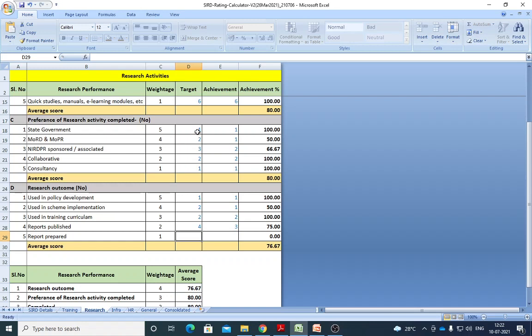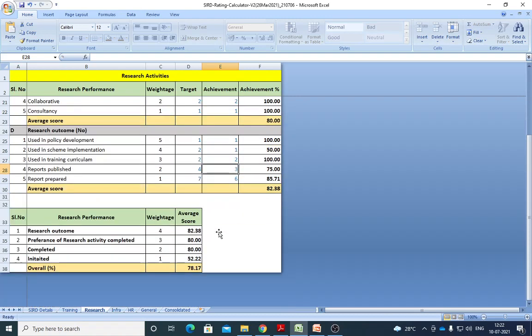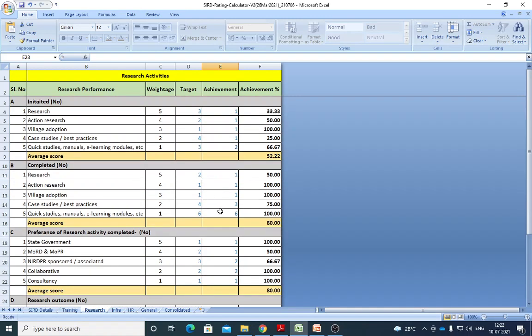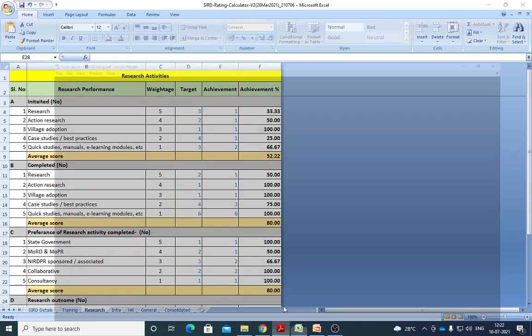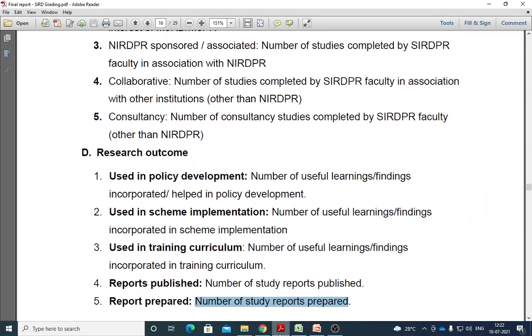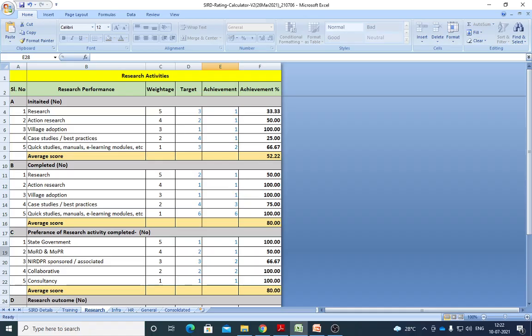Again, please make sure how many you completed. This automatically comes to the report. How many have you completed? 1, 2, 3, 4, 5, 6, 7. So you were supposed to complete 7, whether completely or not. Yes, I have completed almost 6. This is how the research performance also you have to enter. Kindly make sure that the assessments are all interrelated. Kindly make sure, and take the help of the notes and try to complete this information.